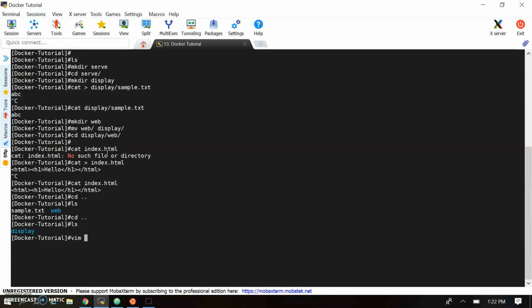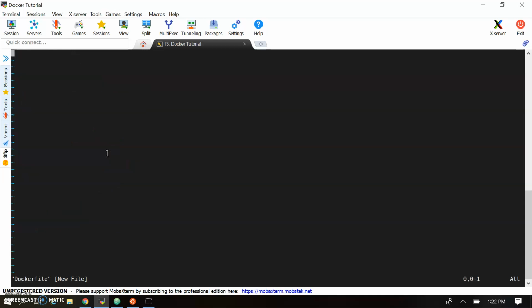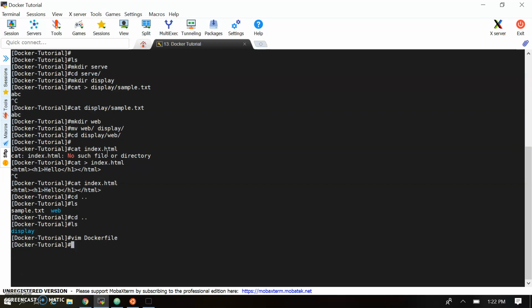We can create the Dockerfile here. This is the standard format, with the D capital, and here we are going to create the Dockerfile. I'm not updating the Dockerfile here, just saving it as blank, and we will see this in an IDE editor so we can get the proper format of the Dockerfile.